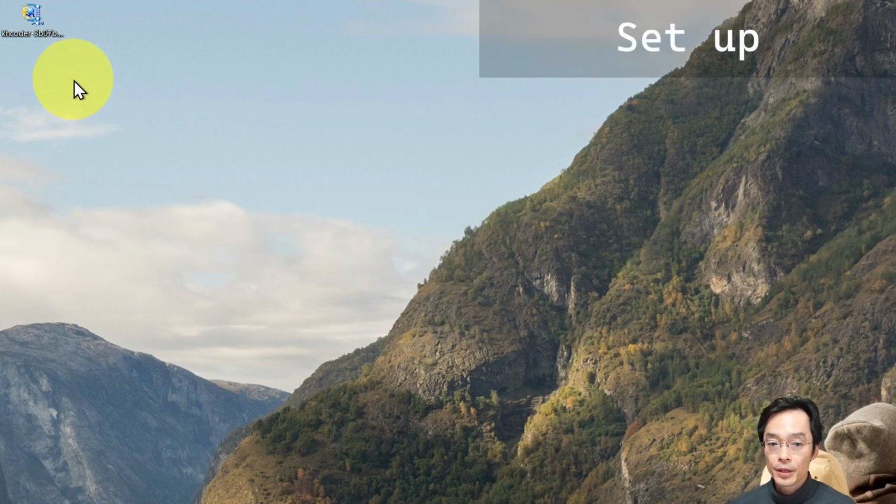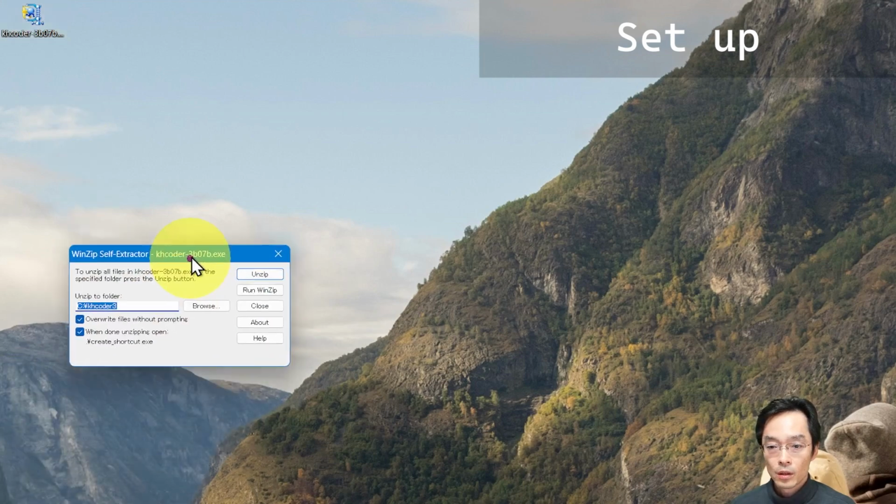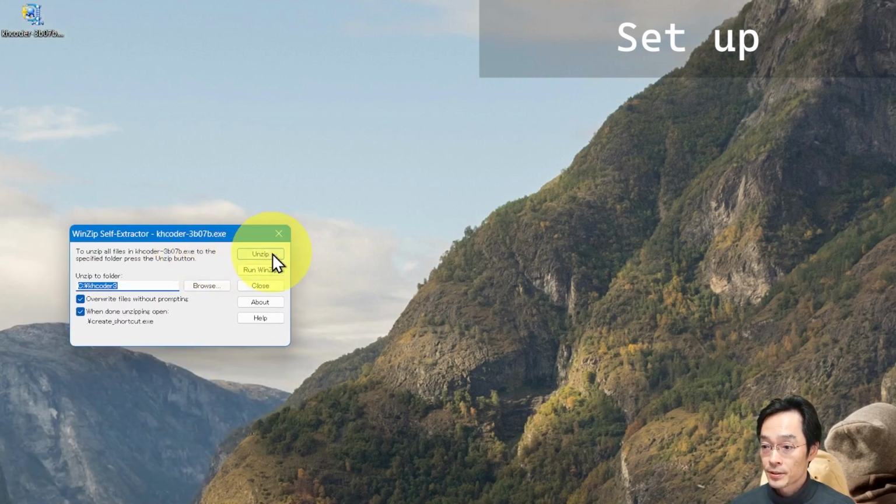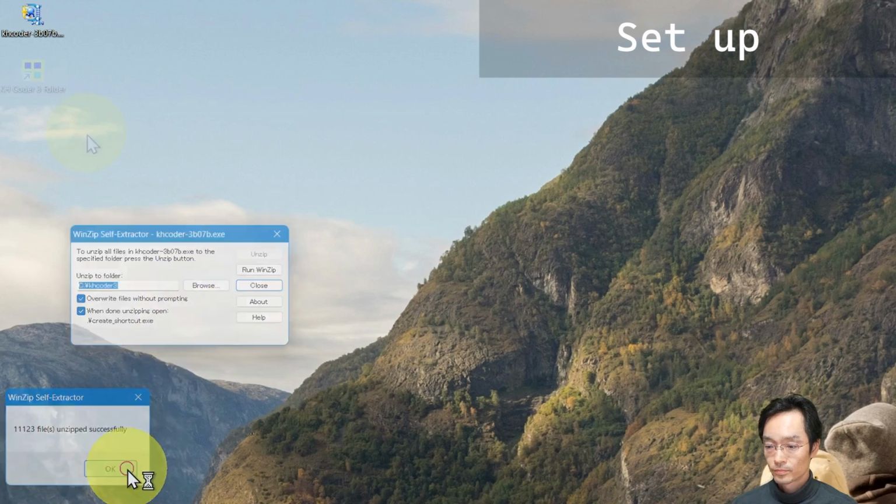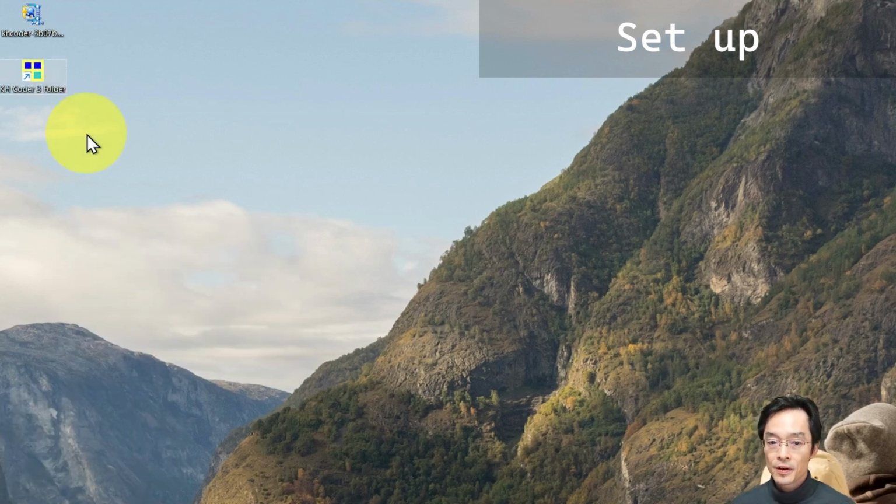To prepare KH Coder, please double-click on the downloaded KH Coder file and click the Unzip button. Once done, you have an icon named KH Coder 3 folder on your desktop, indicating that KH Coder is ready to use. To start KH Coder, double-click on this icon